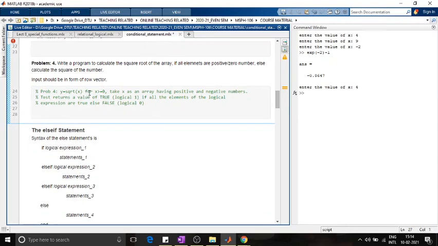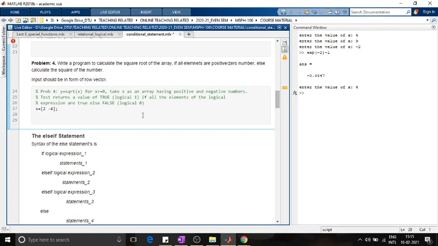So basically you have to calculate the square root when it is a positive number, and if it is not a positive number, then simply it has to calculate the square. So you have to give the input value, so you write x is equal to, say, you can give the input, or suppose if you want to write some value here, let's write x is equal to -2, 2 and -4. This is your x value,